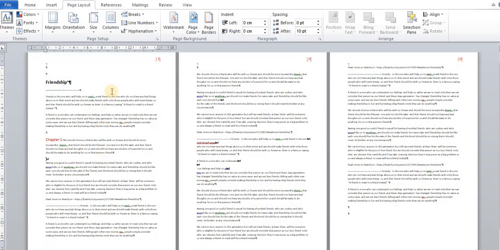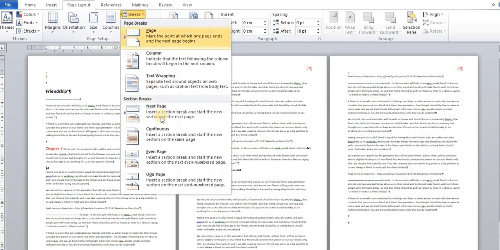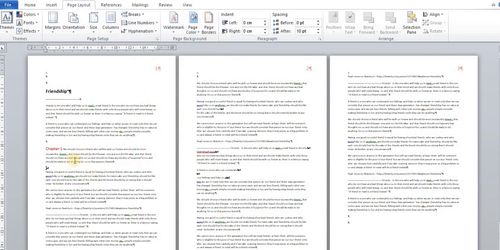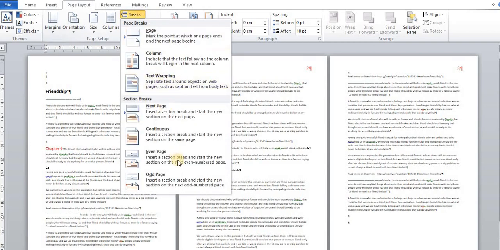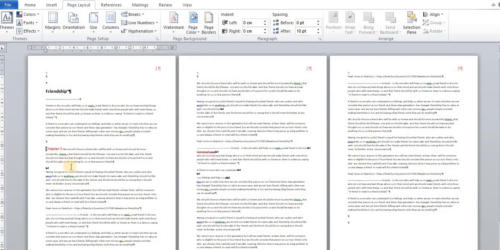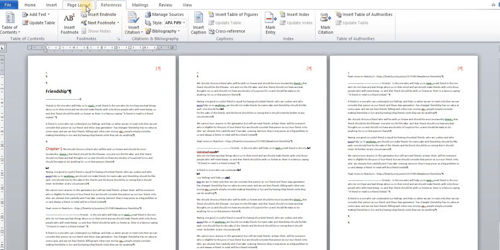Okay, now the next break is Even Page or Odd Page. As the name suggests, you can break your page on even pages or odd pages. Suppose I want to shift this chapter number 1 to page number 3, which means I want a section break to the odd page.